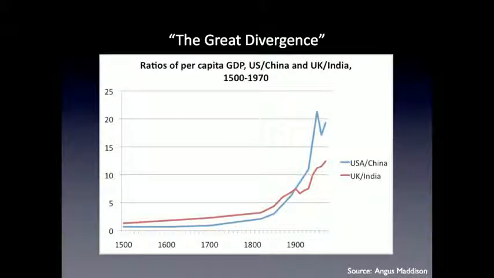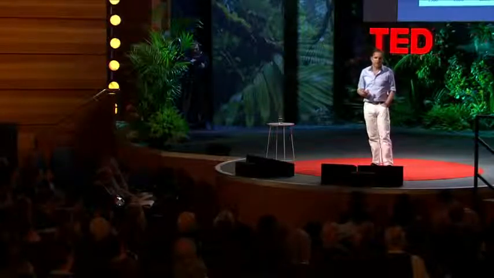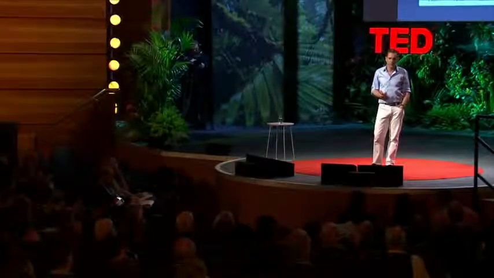And this slide here is the best simplification of the Great Divergence story I can offer you. It's basically two ratios of per capita GDP, per capita gross domestic product, so average income. One, the red line, is the ratio of British to Indian per capita income, and the other, the blue line, is the ratio of American to Chinese. This chart goes back to 1500, and you can see here that there's an exponential great divergence. They start off pretty close together. In fact, in 1500, the average Chinese was richer than the average North American.